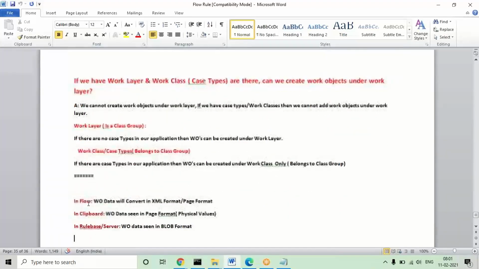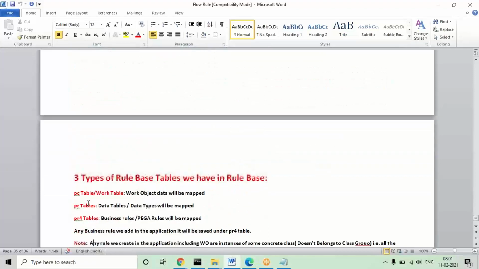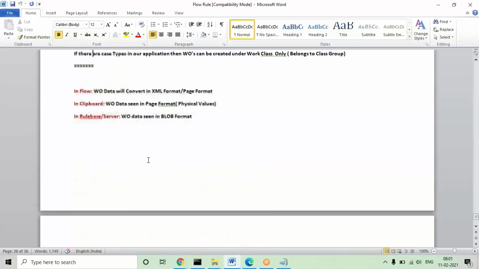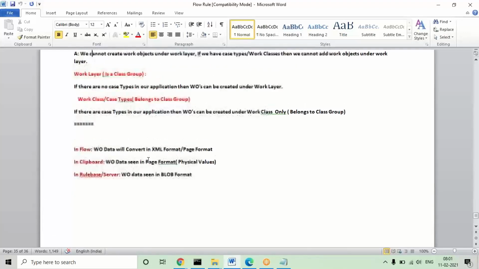And in the next session, I'll discuss what the rule-based table types are. Some other points are there too. What are the different categories of rule-based tables we have, and what is their importance? Not only these, we'll get many other tables going forward. But what is their purpose? Time is not there today, so I'll discuss it in the next session.